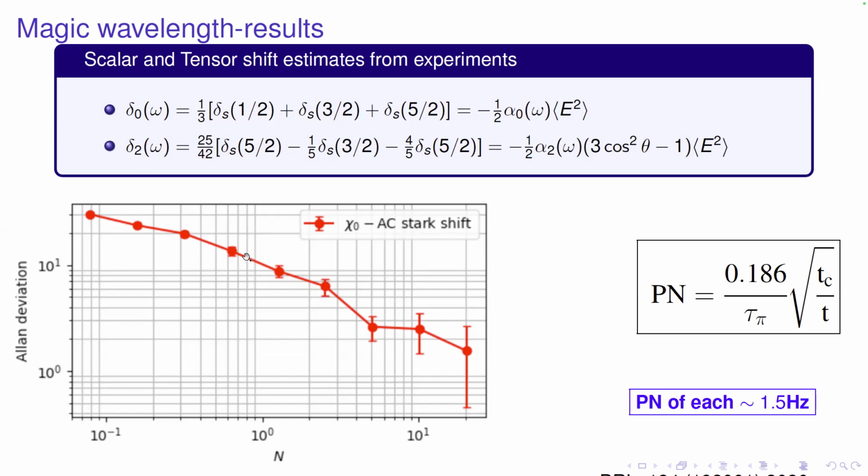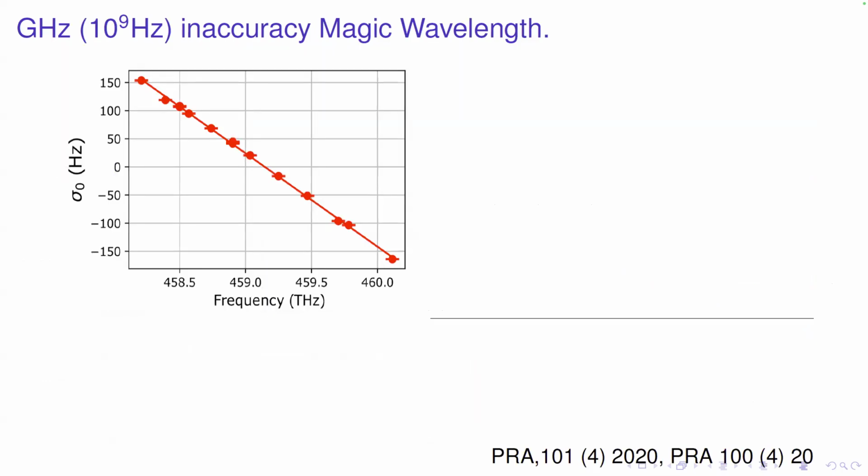But as I discussed earlier, I have to measure this theta, which is the magic angle, and this frequency. If I measure both of them and take the ratio of the measurements, then I can cancel the noise of this intensity and get a more accurate zero crossing. This is how we did it.